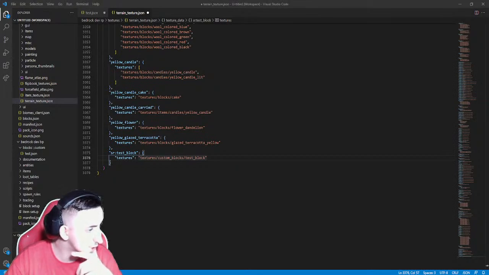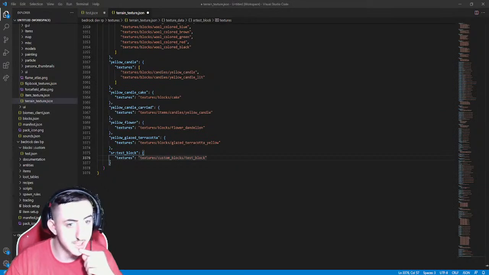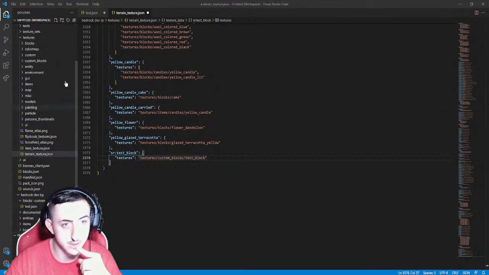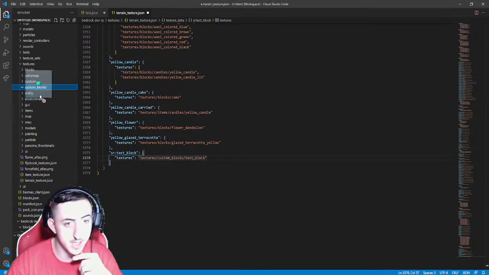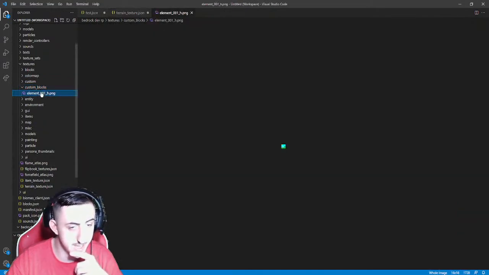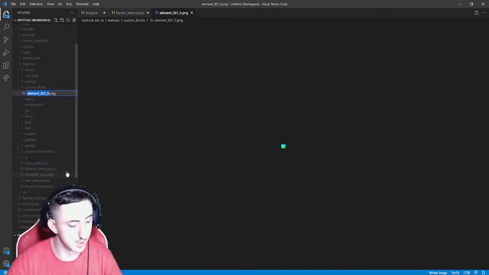I've already got one set up, a little nice one. So let's just grab this and go. Let's hover over where we need to hover over, which is custom blocks. I'm going to drag my element block into here and we're going to rename this now to our